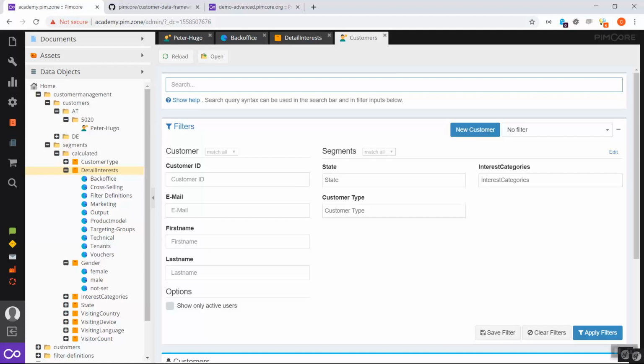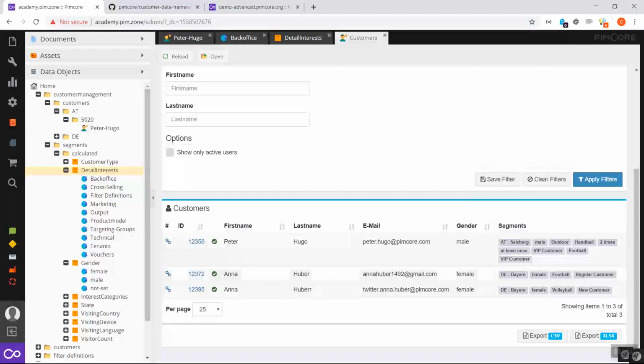You can freely configure which segments should be here as a filter option. You can save these filters, you can share these filters with other users, so similar to the grid configuration of, for example, Pimcore. And then you have, of course, a list of all the results that